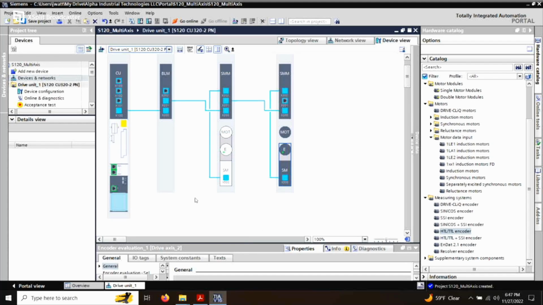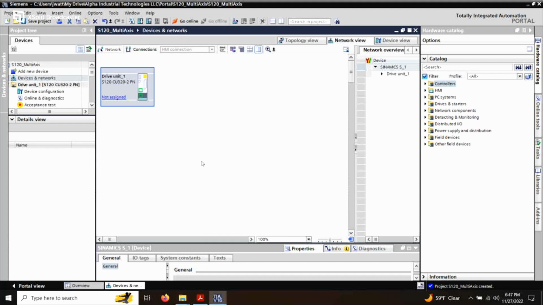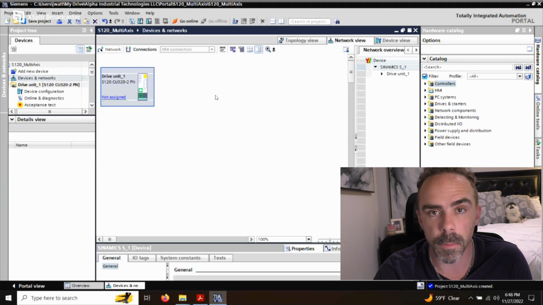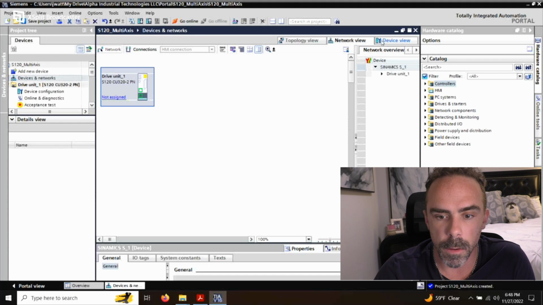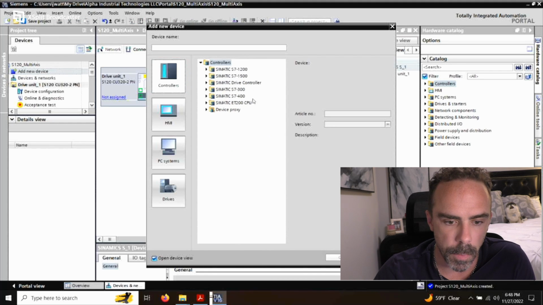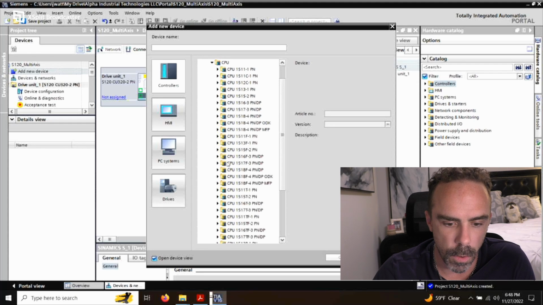So, last thing we probably want to do here is if we had a PLC. So, that is actually what we'll do right now, and that is the basics setup for an S120 system. So in your overall network view, I'm just going to add in a PLC, just a random PLC here. We'll just say a 1500 CPU, and we'll go with a nice little 1511T. And